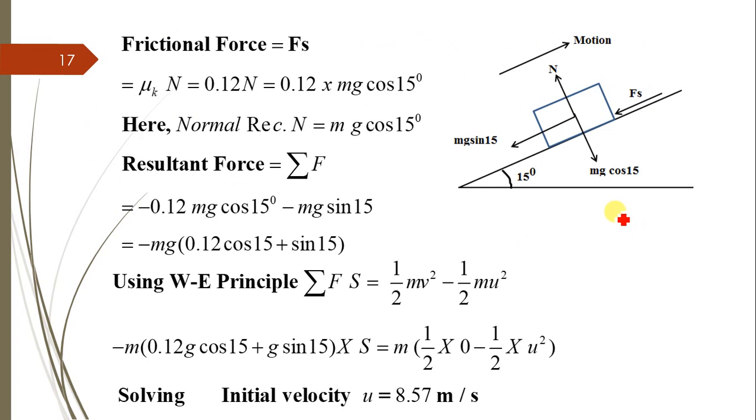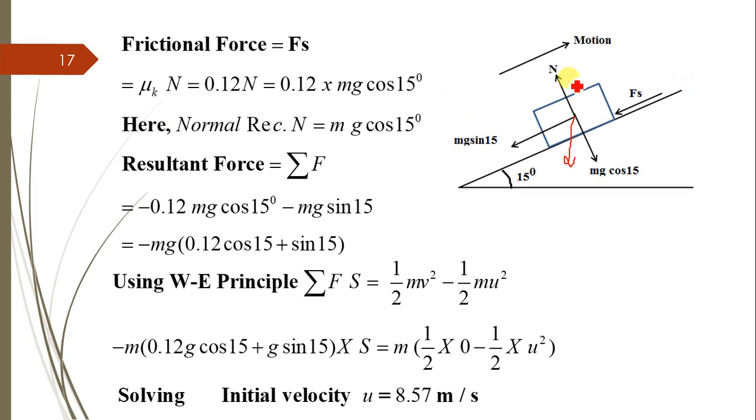Drawing the free body diagram, the weight is acting vertically downward, m into g, which is resolved into mg cos 15 and mg sin 15. Friction force acts opposite to the direction of motion. So friction force is equal to mu k into N, that is 0.12 into N, where N is equal to